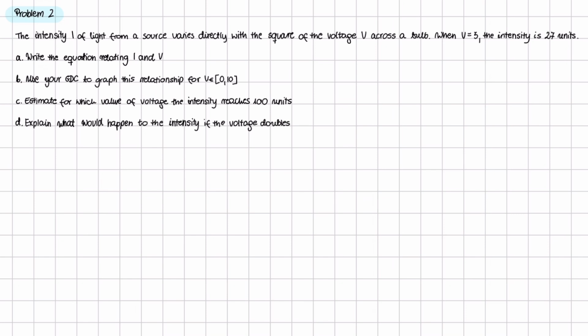Problem 2. The intensity I of light from a source varies directly with the square of the voltage V across a bulb. When V is 3, the intensity is 27 units. And in A, we have to write the equation relating I and V. This task is very similar to the previous one, however, here we have the square of something. So we can start